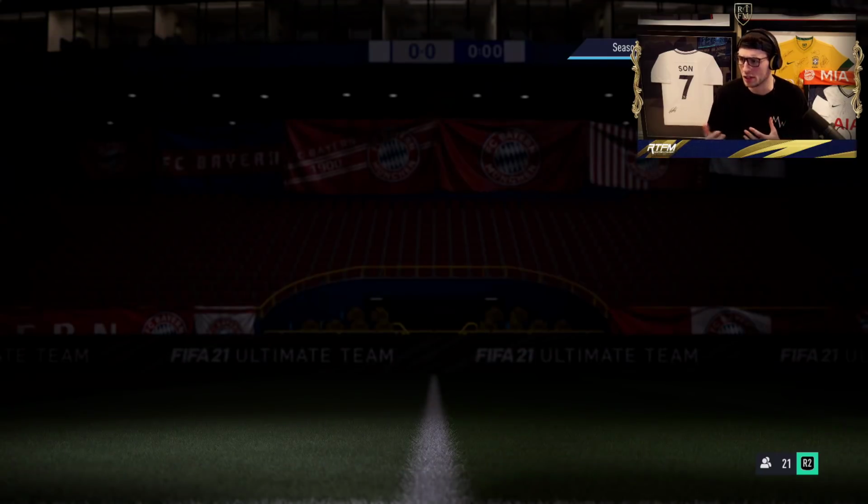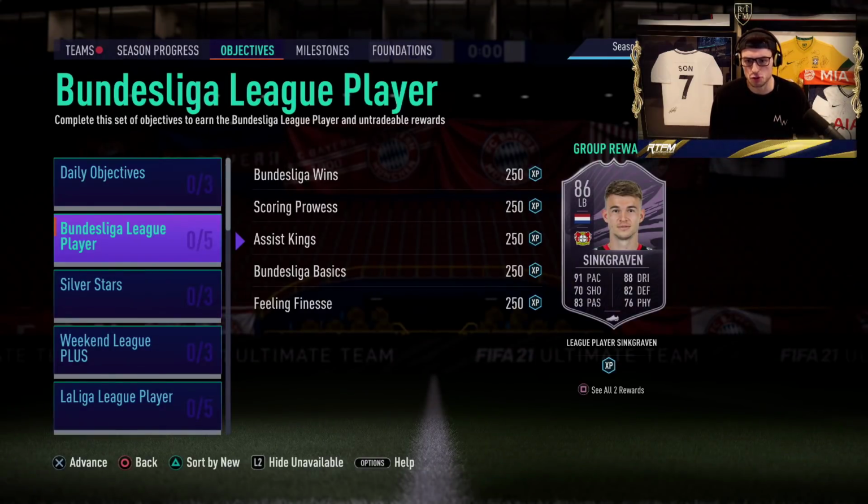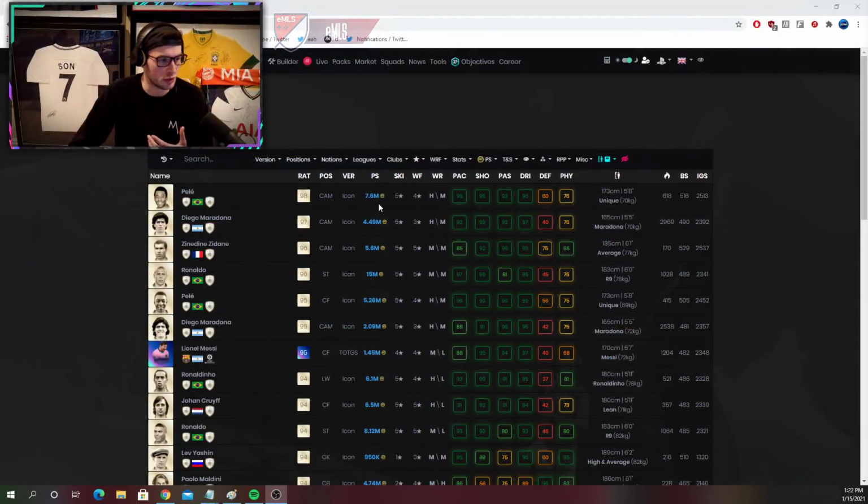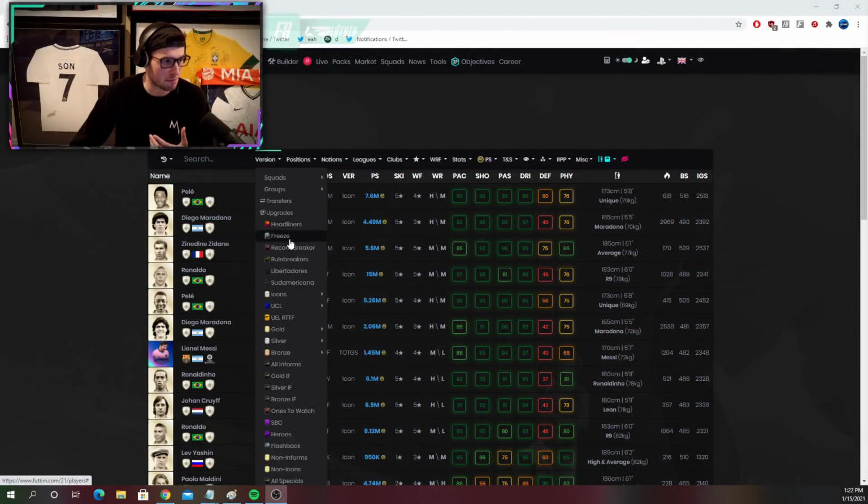Now, first of all, I wanted to tell you guys that we did get a new Bundesliga league player. These are the players that you have to win 15 games to get. But this is a really solid looking left back card. We're already seeing on the market that Moussa Diaby has risen in price a ton, and that's because he offers Sync Graven, I think you should pronounce this guy's name, a strong link on the left side. But if we go ahead and look at flipping really at the Bundesliga left backs,